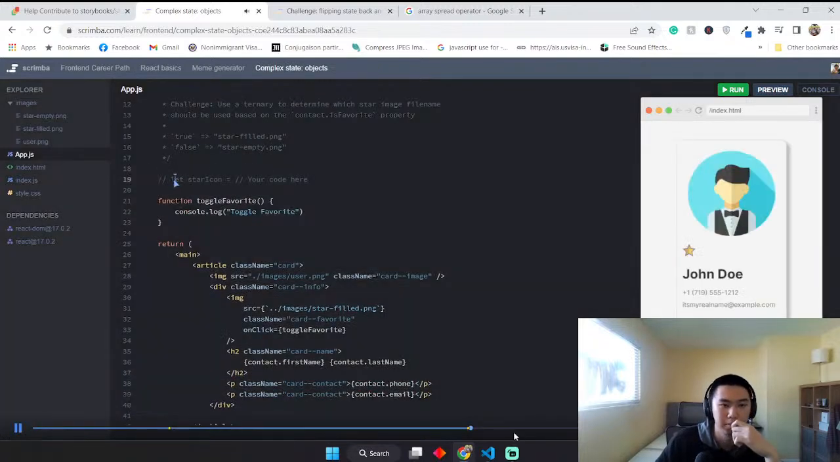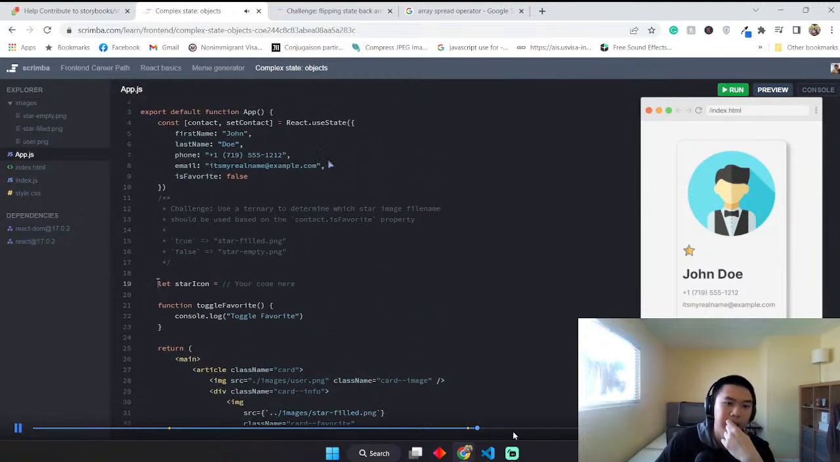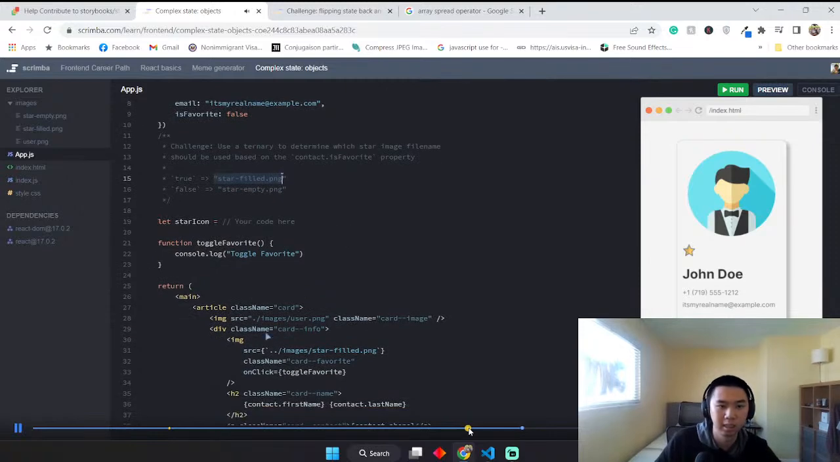Here in this line, I'll uncomment this now, to look at the contact.isFavorite property and determine which of the following file names should be used based on the value of the isFavorite property. Then you'll want to use that star icon value, which will just be a string here, to figure out what the source should be for the